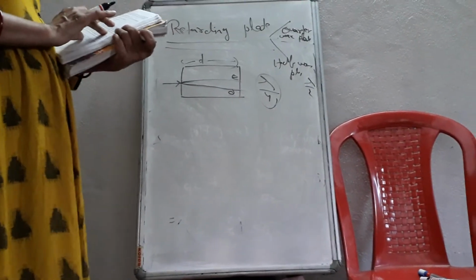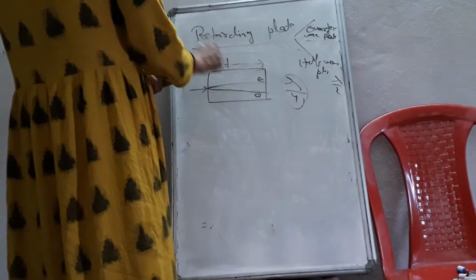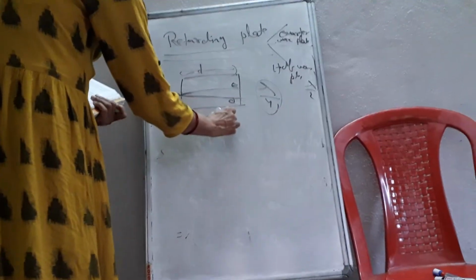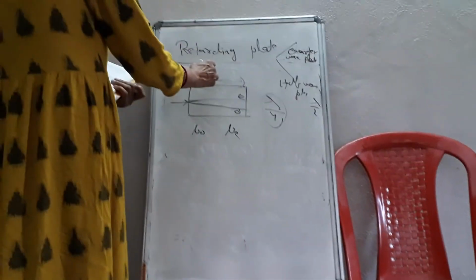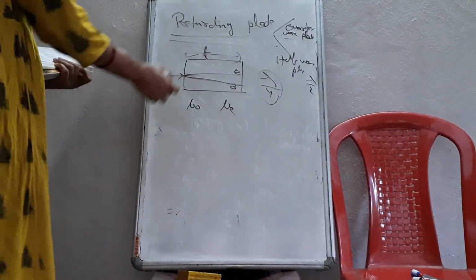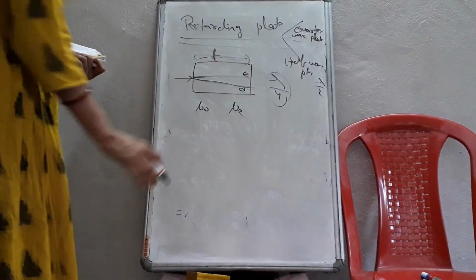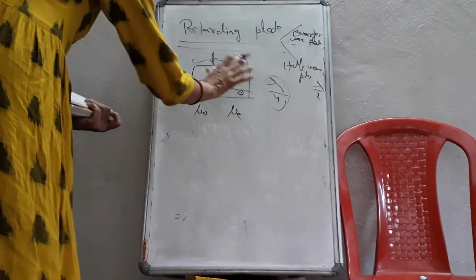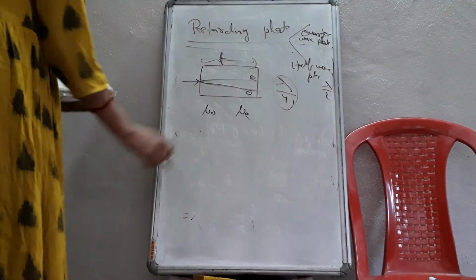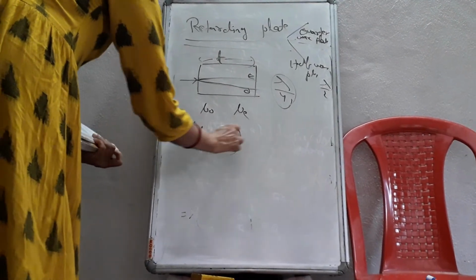That means for a quarter wave plate, you see, the refractive indices for ordinary and extraordinary are different. So if the refractive index for ordinary is mu O and for extraordinary is mu E, and the thickness of the plate is T, suppose, then what is the path difference? When the ordinary and extraordinary rays cover this distance T, the optical path difference will be mu O minus mu E into T.